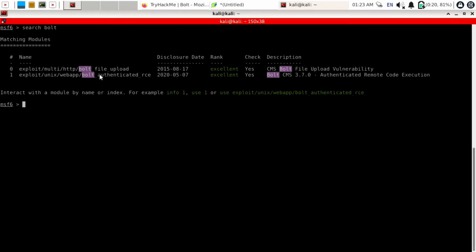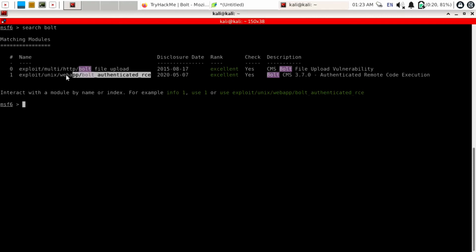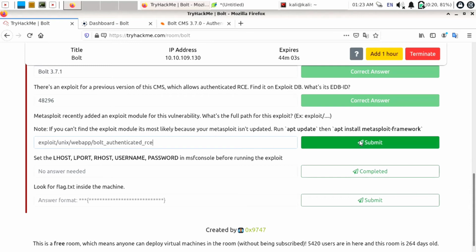The second one is exploit/unix/webapp/bolt_authenticated_rce. So this is our target exploit. You can just copy this exploit code, right click, copy, open the web browser and paste it into the answer format and click on submit. Now we are done with our exploit.